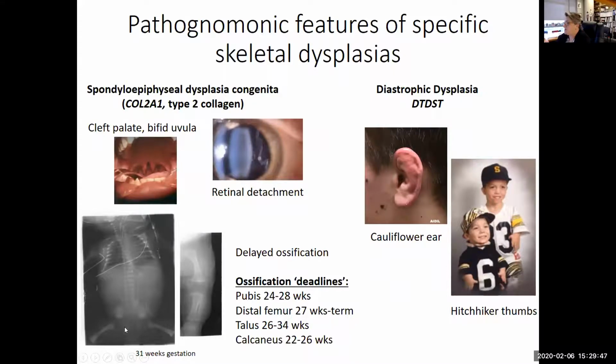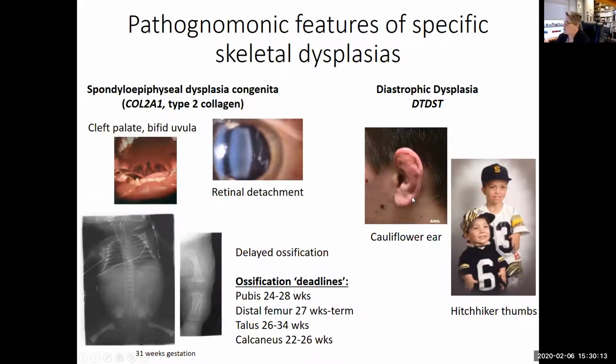So iliacs here, ischia here, but pubic bone has not ossified in, and this is 31 weeks gestation for this infant, and pubic bone should be ossified in by 24 to 28 weeks. And similarly, distal femur, that's a broader range there. Occasionally you can see some delay there, but it should have started to come in a few weeks before that radiograph was done. And then these two brothers on this side with their hitchhiker thumbs and cauliflower ears, those are